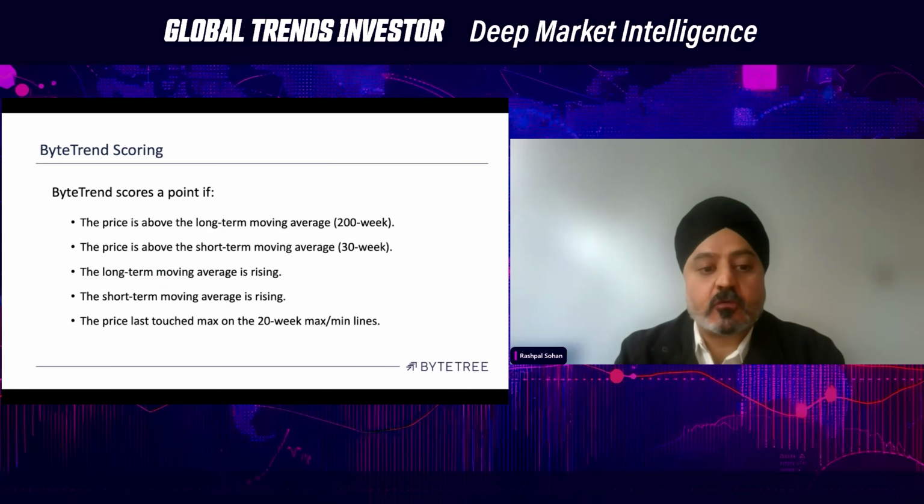Thank you, Charlie. So it's a very simple yet very powerful way of quantifying the strength of a trend developed by Charlie. So what we do is we do the scoring in local terms and relative terms of the price. How does it work? We score each stock on 5 factors. So each factor scores 1 point. The total can be 5 or 0, depending on how many factors score a point.